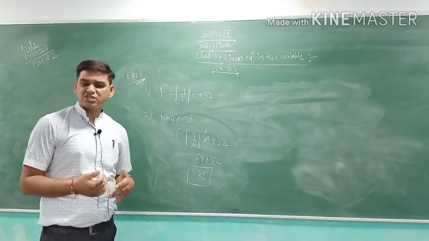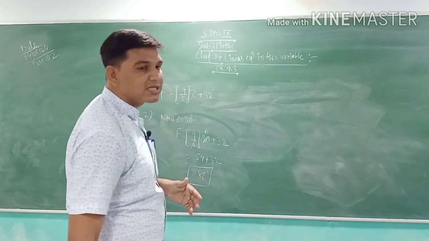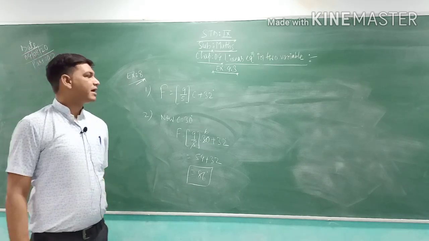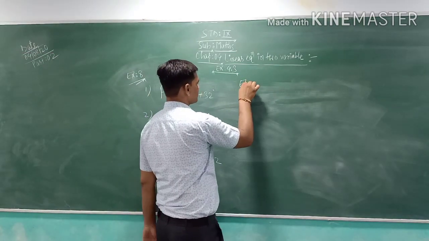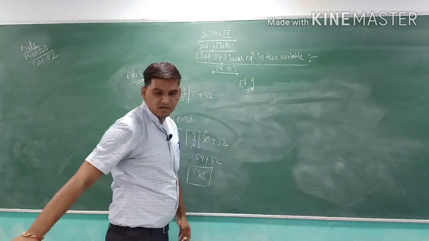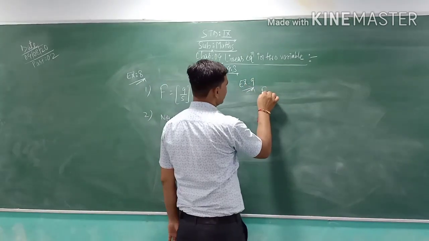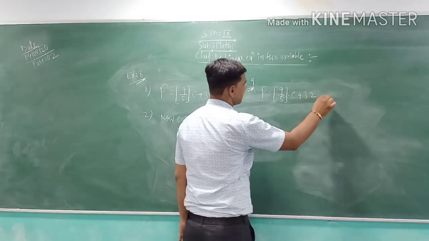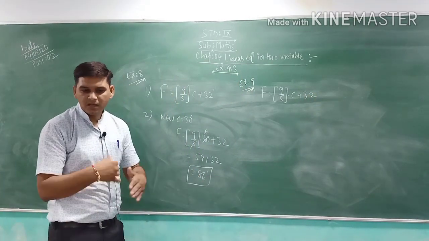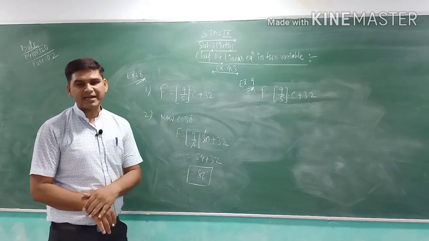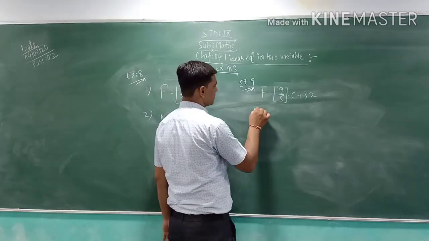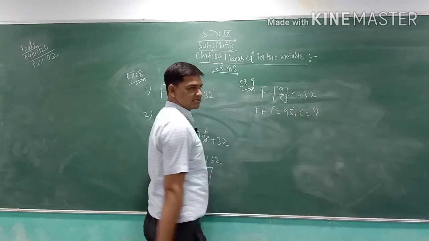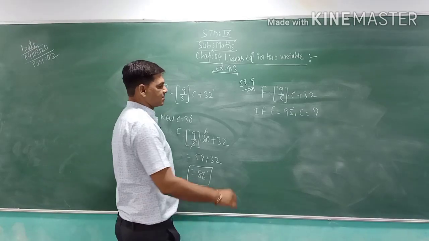Now for the next question, how do we get values that are negative? In question number 9, the same formula is there. F is equal to 9 by 5 into C plus 32, the Fahrenheit formula. Now if Fahrenheit is equal to 95 degrees, then what is Celsius? F equal to 95 degrees, then find Celsius.